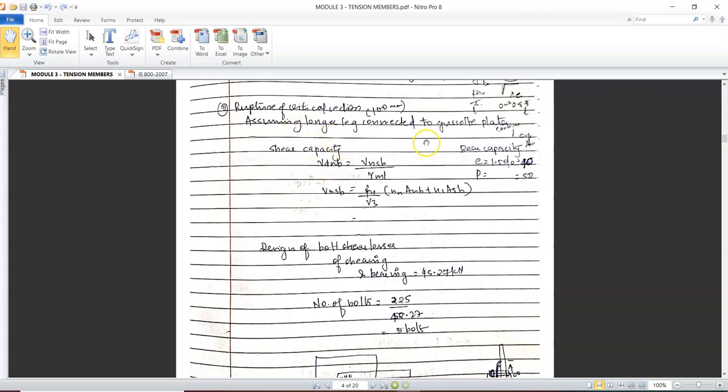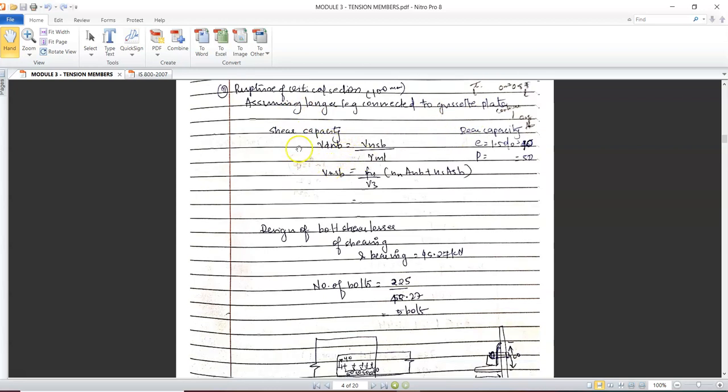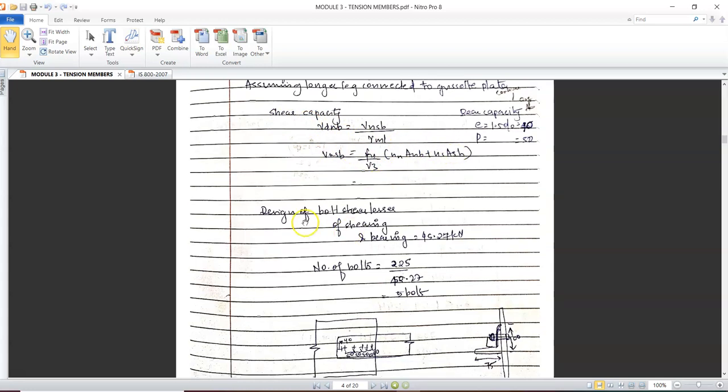So that connection is already done in the design of bolted connection. We have to calculate the single shear capacity of the bolt using earlier formulas, and also the bearing capacity of the bolt. If you check earlier data, the design strength of one bolt is 40. The calculation is not shown here, which is already done earlier. Therefore, the design strength of one bolt will be 45.27 kilonewton for the given data, assuming your end distance is 40 mm and pitch distance is 50 mm.